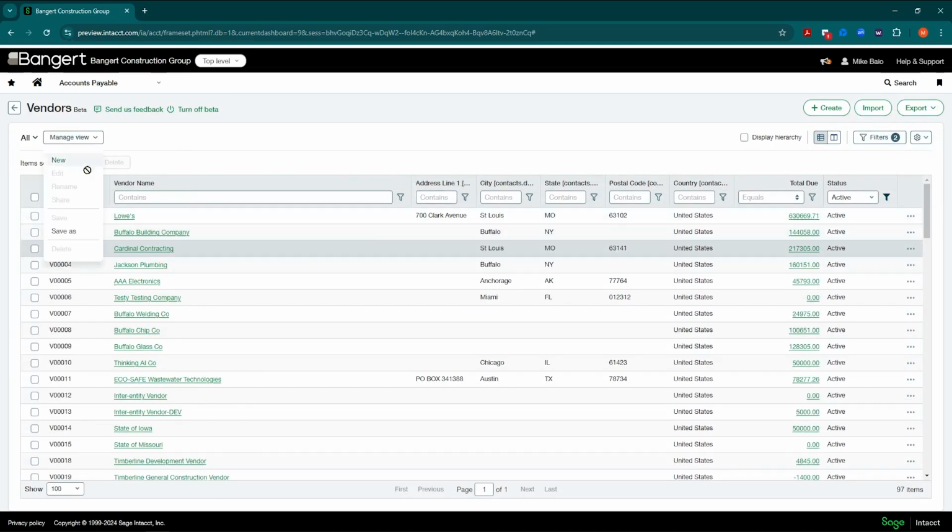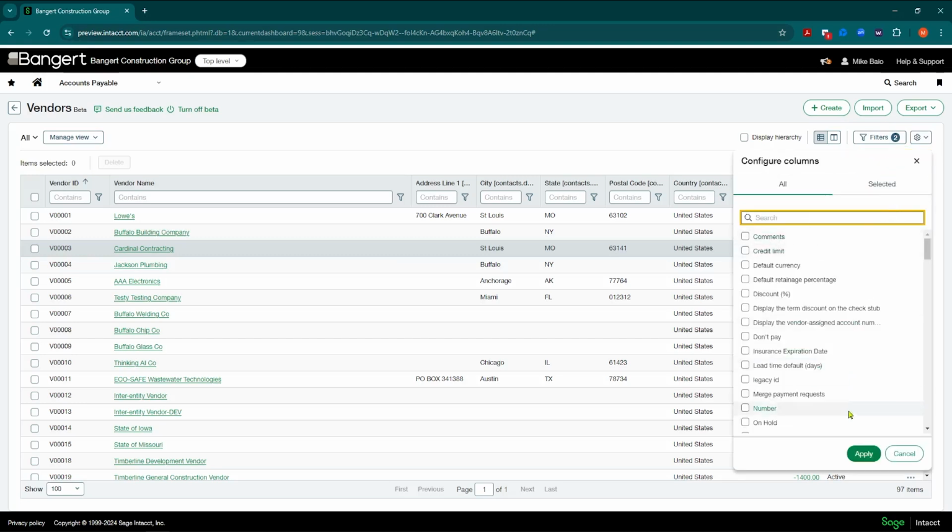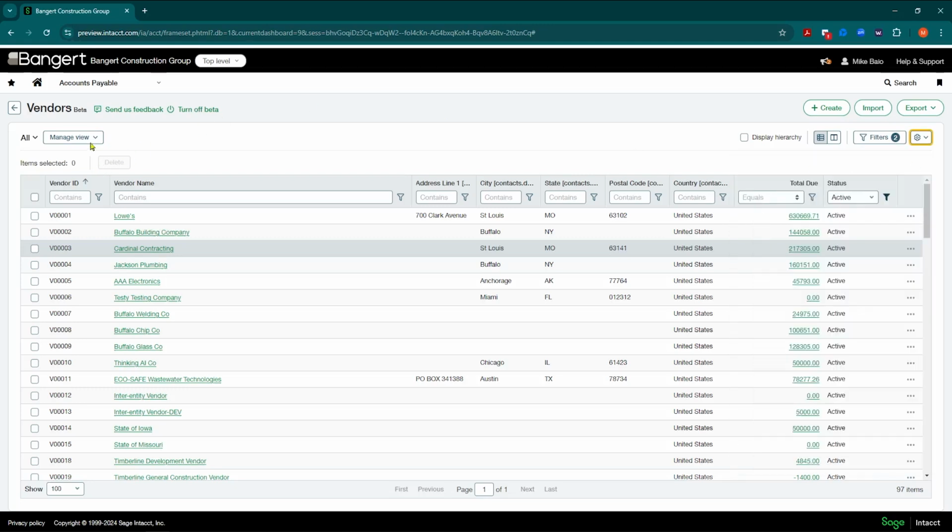The other thing you can do is easily make your own views. So you have this manage views here. And you'll notice you'll have these views that are public, but also views that are user specific. So you can now make private views. Actually, let's take a step back.